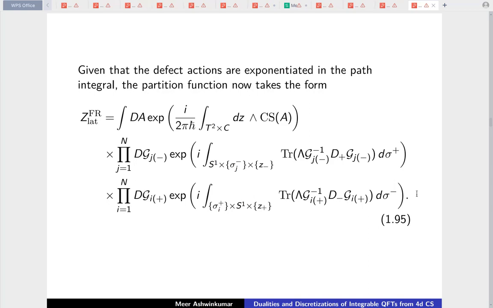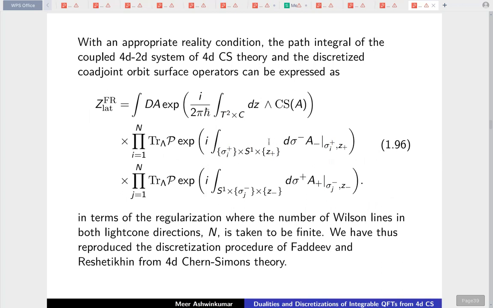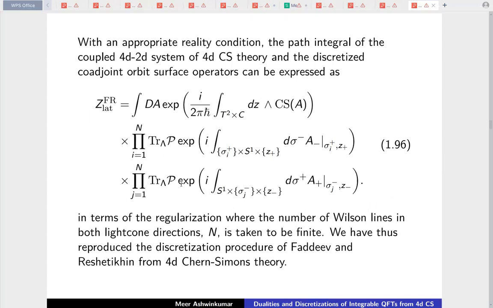One can show that these line operators are equivalent to Wilson lines that are in irreducible representations determined by this highest weight lambda. Okay, so the result is really that you have Chern-Simons theory coupled to these Wilson lines, forming